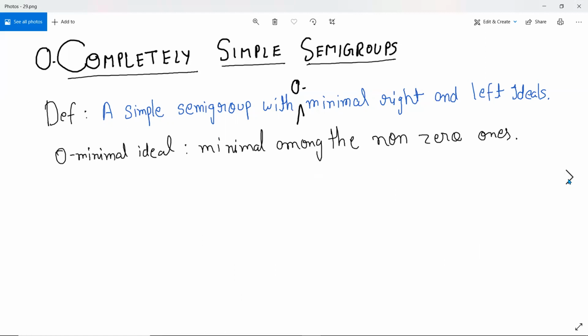Right. But sometimes your semigroup may have a zero, and when it has a zero, then you don't want to call